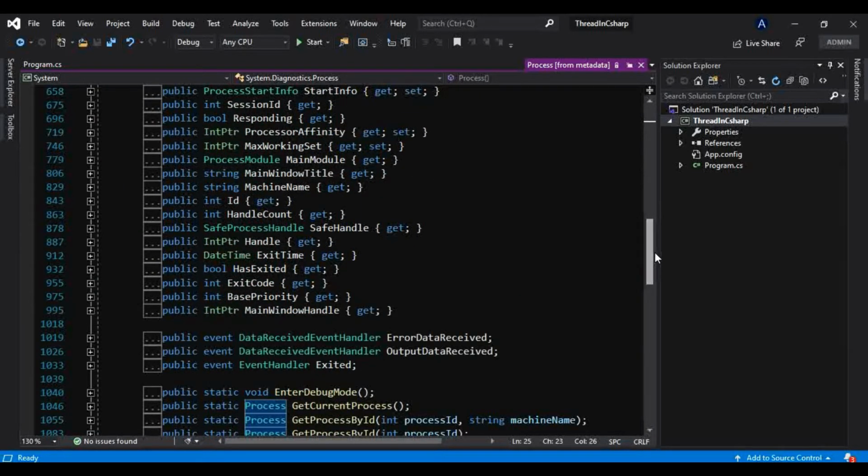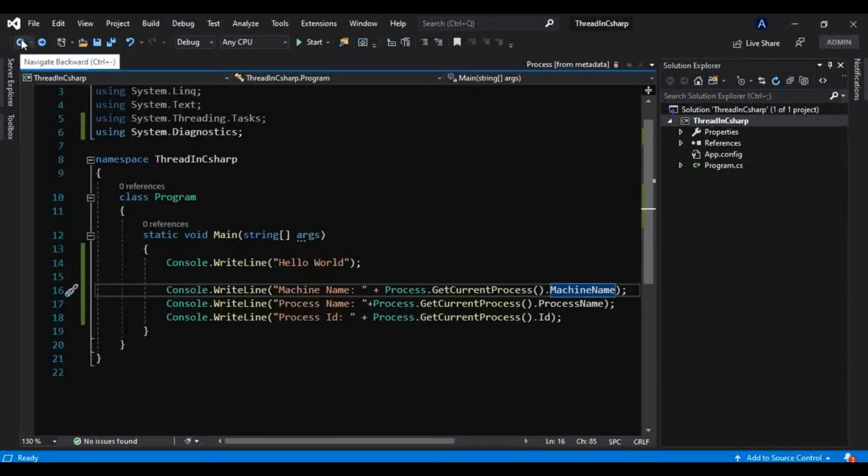Anyway, we don't use Process in our application. It is enough to know that this is the class Process present in the System namespace, and we use that to start or stop a process. And in real-time applications also we don't use this class much, so we will not invest much time in this.